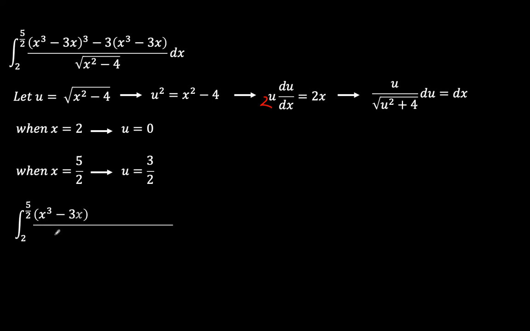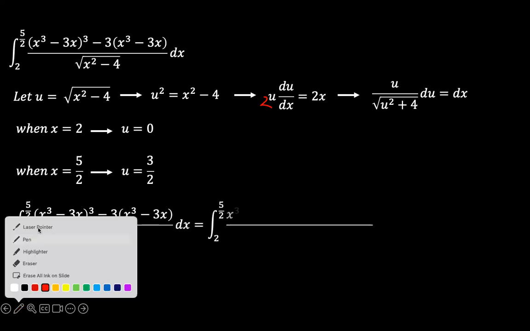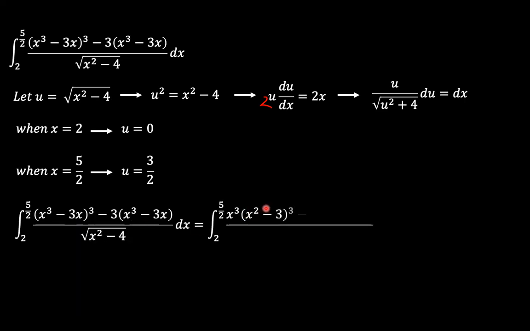therefore, our integration, as shown here, becomes, we can try and simplify first before we bring in the substitution with u by pulling out the x's. So we have x pulled out becomes x cubed times (x squared minus 3) all to the power 3, minus pulling 3x out, pulling x out becomes 3x times (x squared minus 3), over the square root of x squared minus 4. And therefore, the